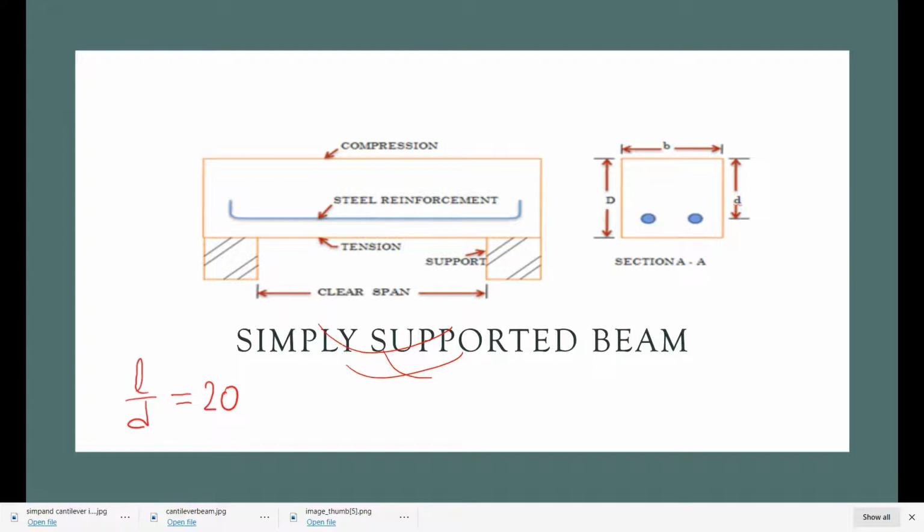So the tension would be at the bottom fiber, and the steel reinforcement is provided near it. The L by d criterion here would be 20. This cross section shows the reinforcement bar.